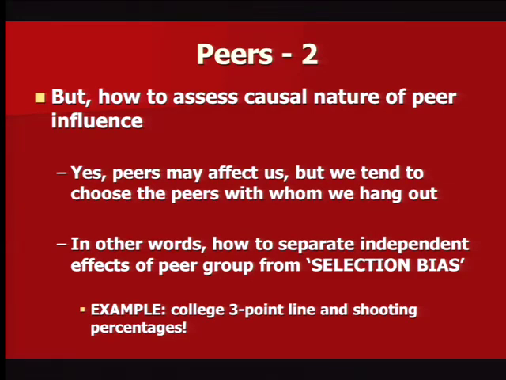Why? Is it easier to shoot from another foot? No, think of selection bias. If they move the line out another foot, who's crazy enough to try those shots? The better shooters. So you get sometimes paradoxical effects. If you change the environment, the three-point line, something kind of weird happens. The shooting percentage went up the first couple of years because only people who were really confident in their shot would take it. So it's a selection bias.